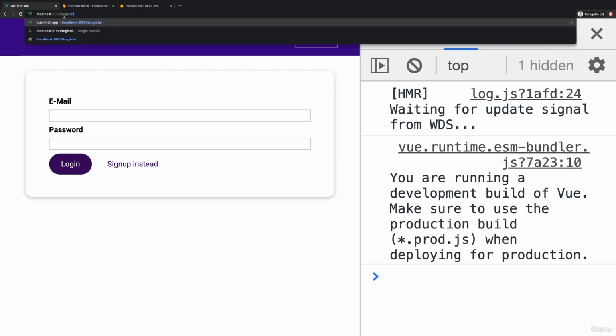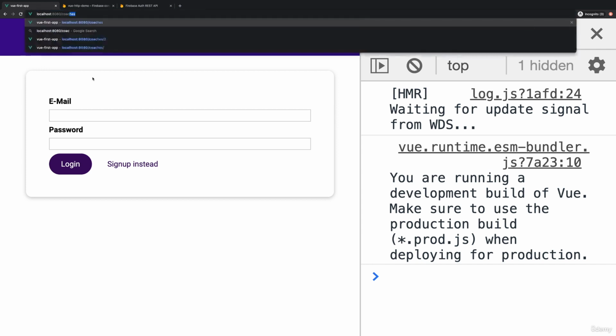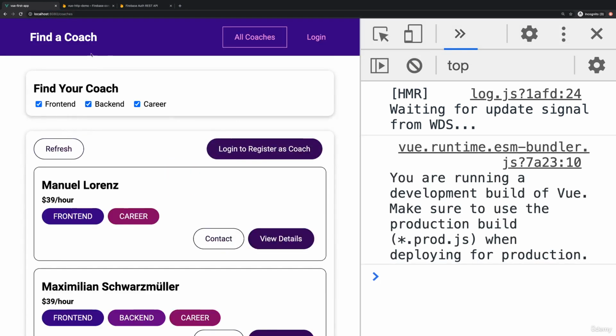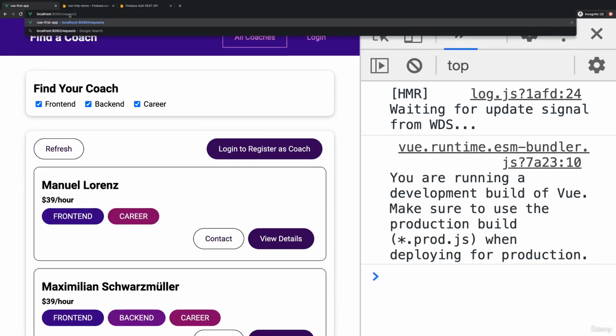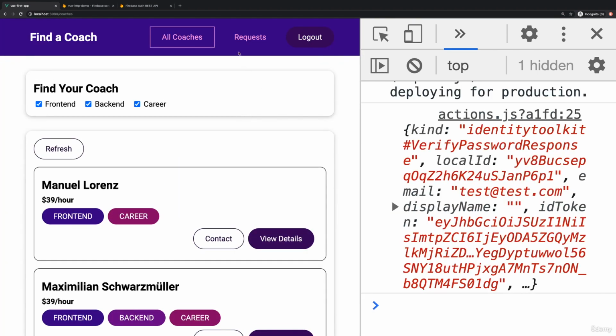If I reload on the auth page, that works. If I try to visit the register page, I'm redirected to auth instead. If I try to visit /coaches, that works. If I try to visit /requests, that does not work, and I'm back on auth. Now if I do auth here,